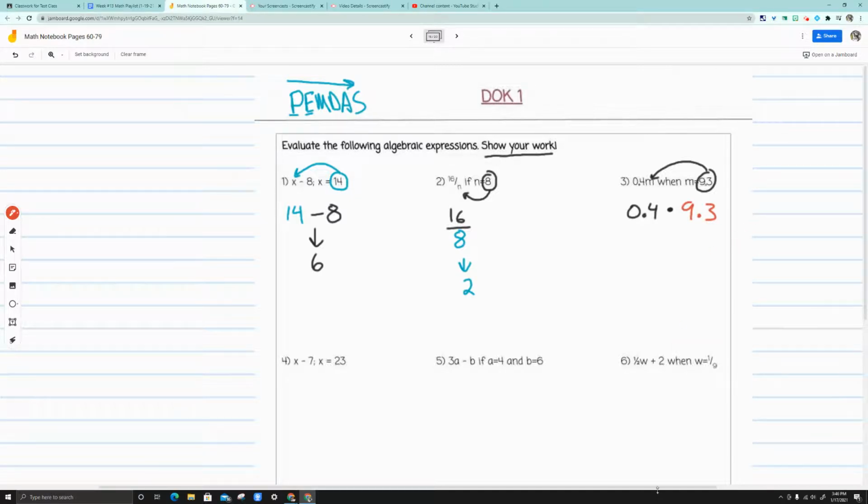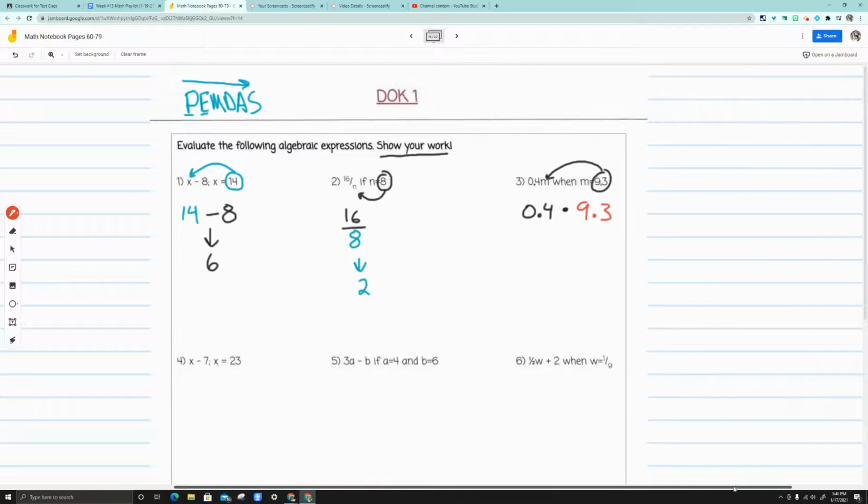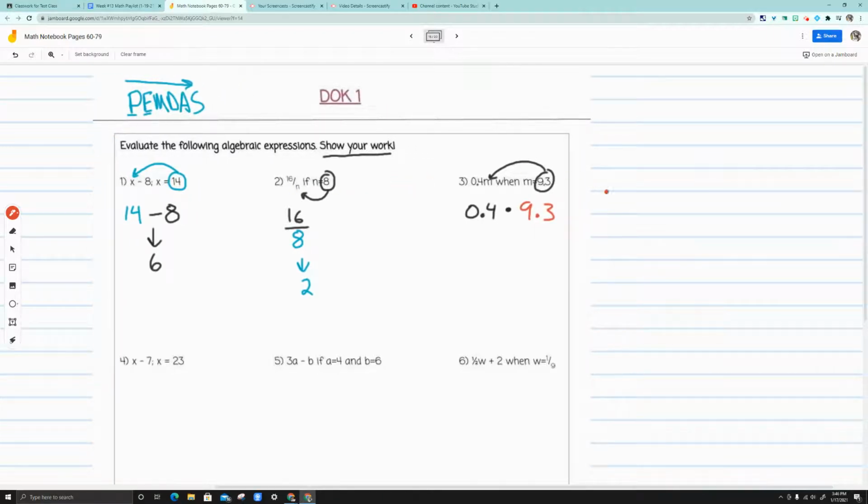I'm going to need a little bit of space to work this out, so I'm going to do this over here. Now you can multiply decimals in any order that you want. It doesn't need to be 4/10 above the 9 3/10. I can do 9 3/10 above the 4/10. It doesn't matter. I'm going to do it like this: 4/10 times